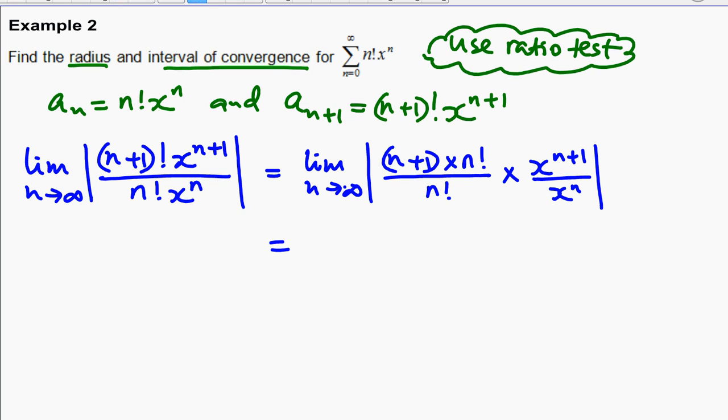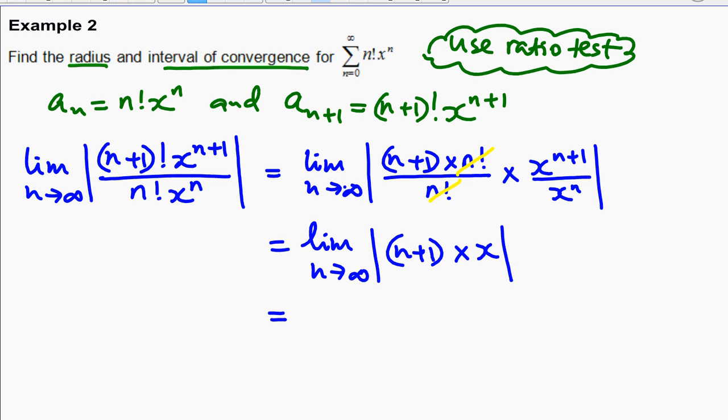This will be equal to, now that cancels out. Then this will be equal to,